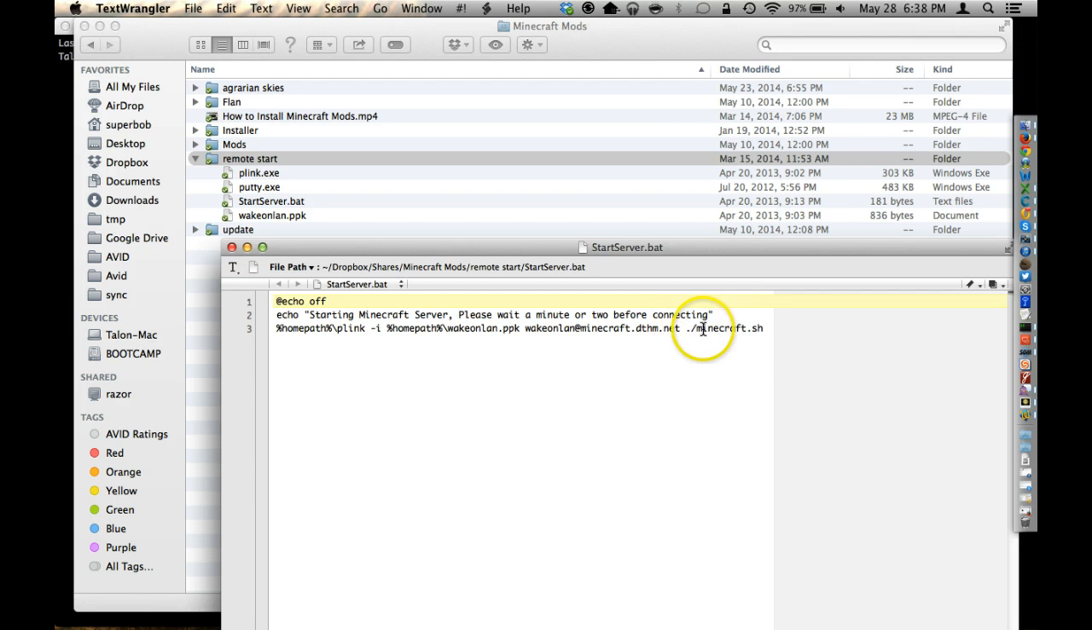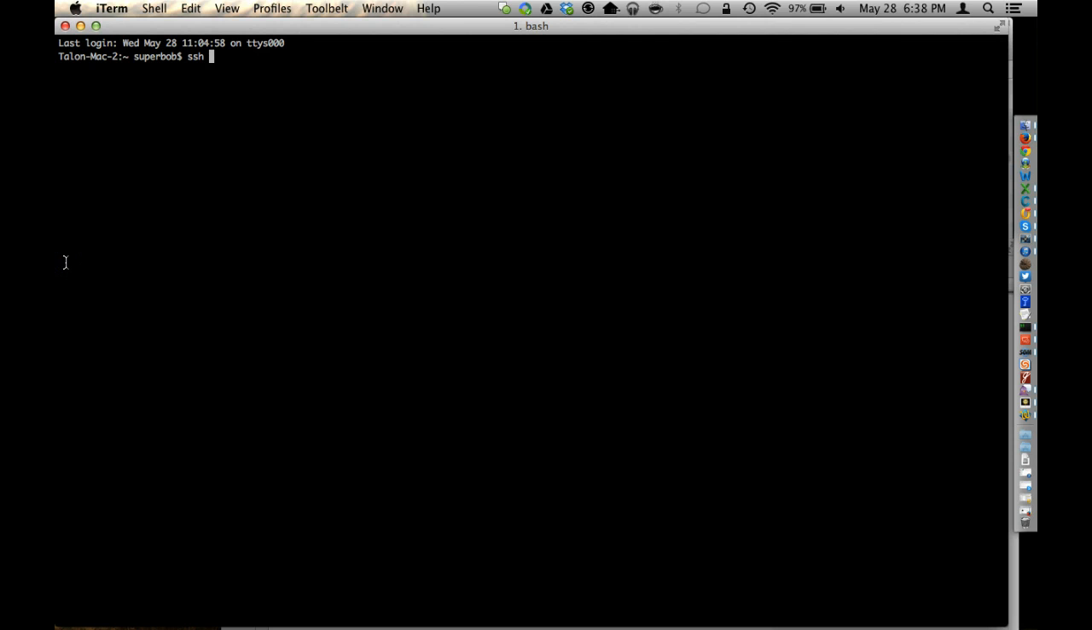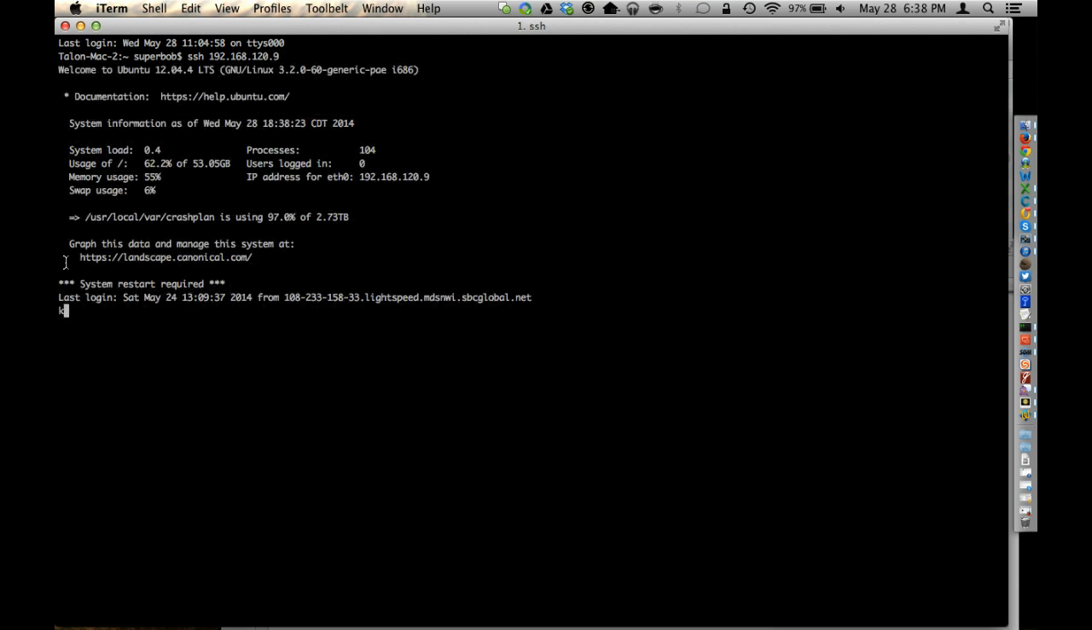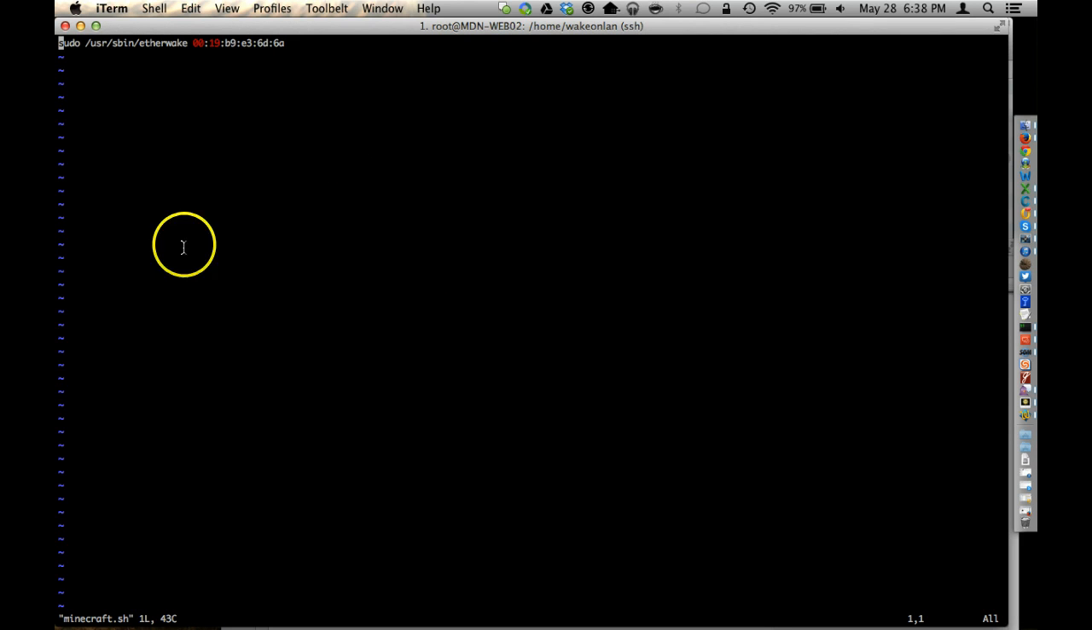And it tells it to run the command slash minecraft.sh. So what that does, if we go to that machine, I actually created another user whose only purpose is to run this one script. This script just does a simple command that calls etherwake, which does wake on LAN in Linux, and that MAC address is